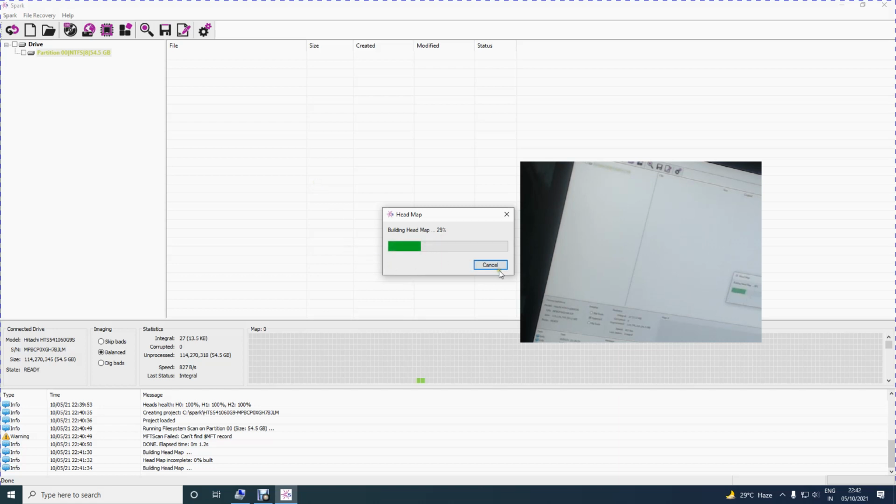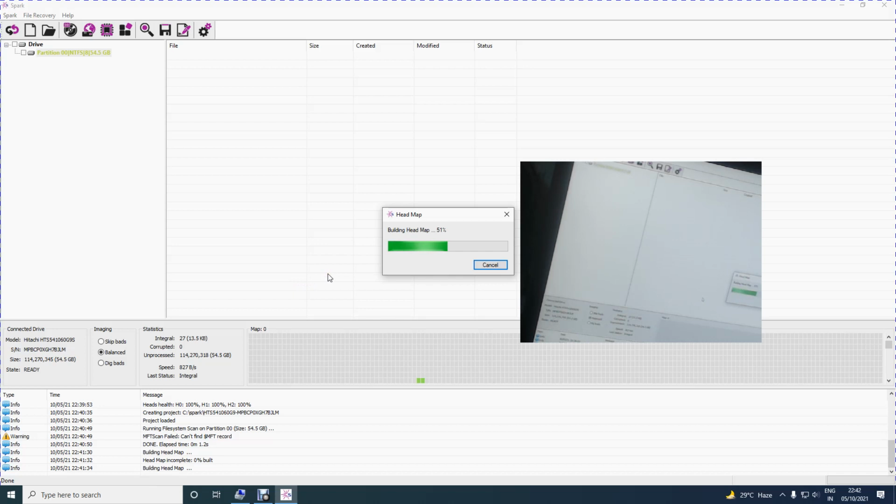You can cancel the process, but only that much portion of the head map will be built. So it is better to complete it and see what exactly we get, whether the head map is dropping out or completing successfully and giving us options to see how many heads it has and what percentage each head is.